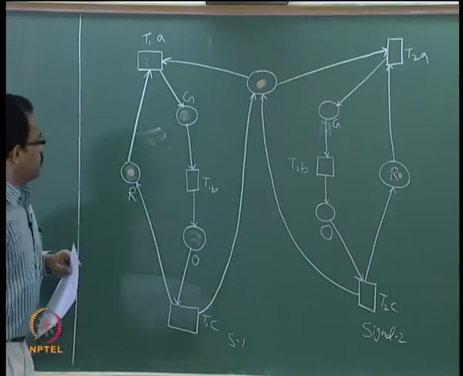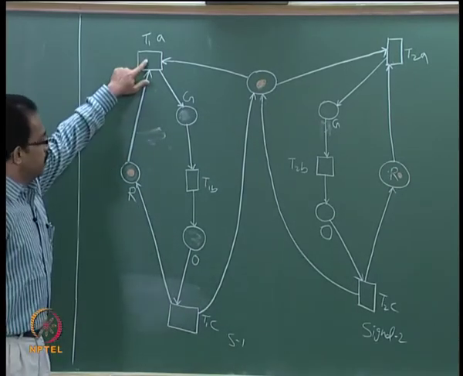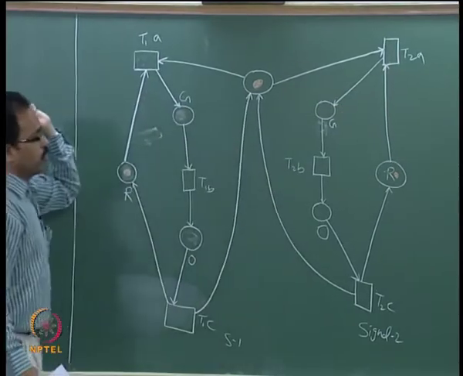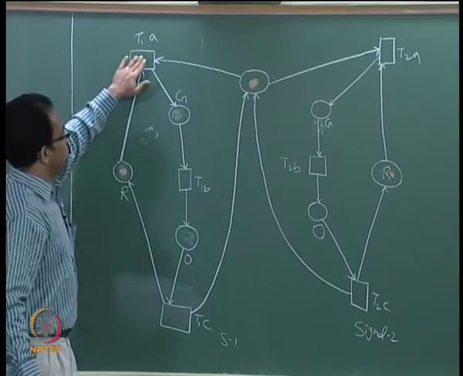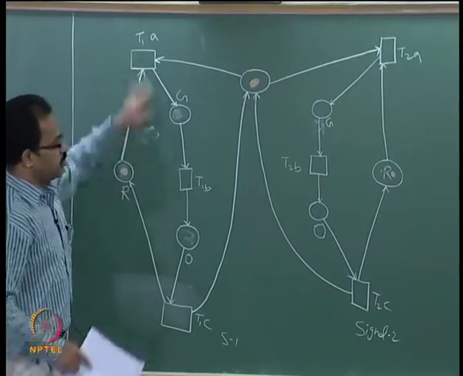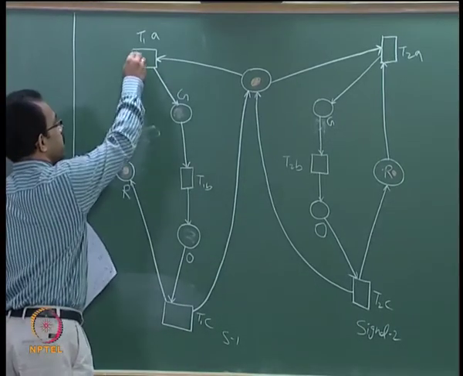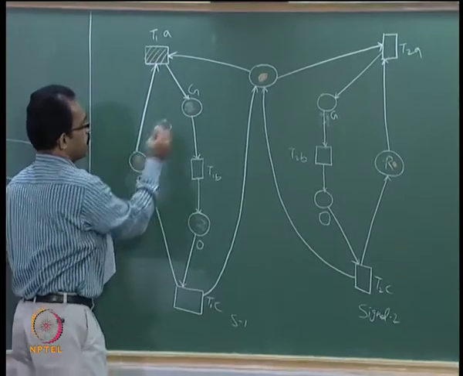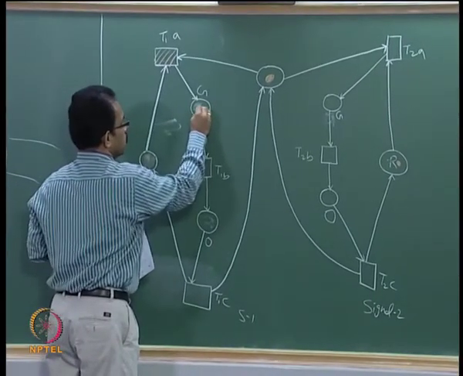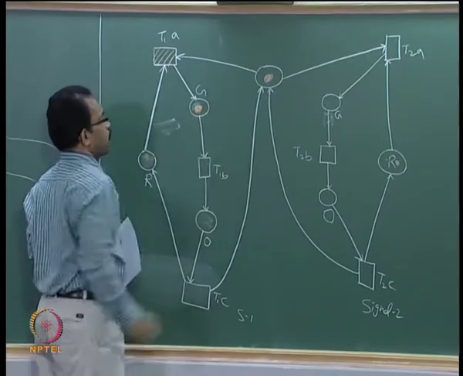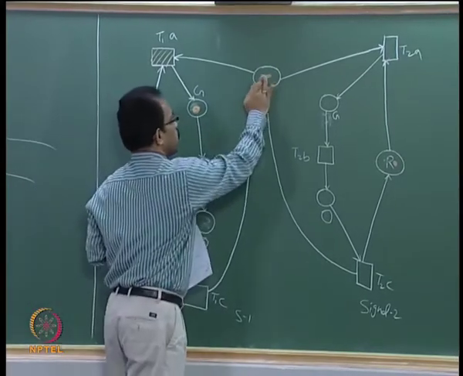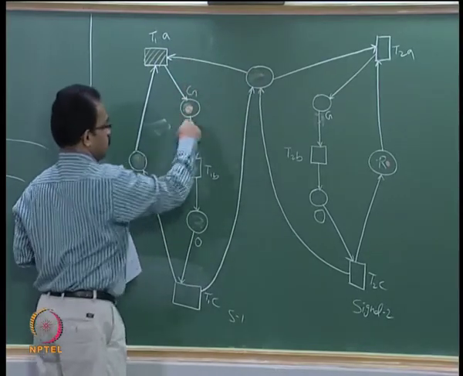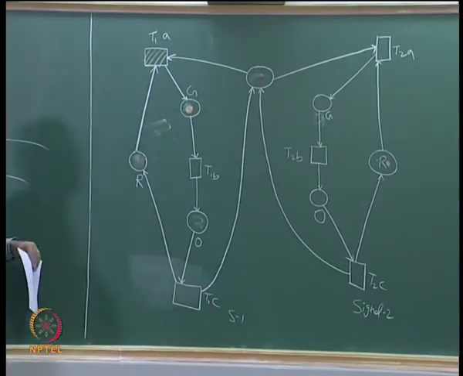Now there is an option that you can actually have a T1A transition or T2A transition. So one of the signals can actually go to green, not both. Suppose you activate this T1A, the transition is activated, then immediately this token will be given to green and this token will be released from here, because this is only one output. So this token will be released from here to this point.